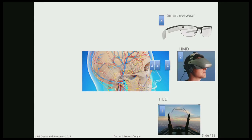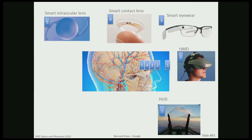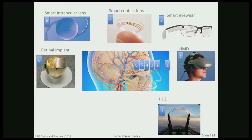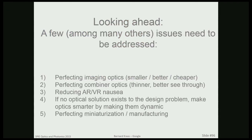HMDs, head-mounted displays, then smart eyewear, closer and closer to the eye, smart contact lenses, smart intraocular lenses, retinal implants, and why not visual cortex implants. So you see how slowly we go inside the brain. So looking ahead, a few among many others, these are not the only ones, but a few issues that need